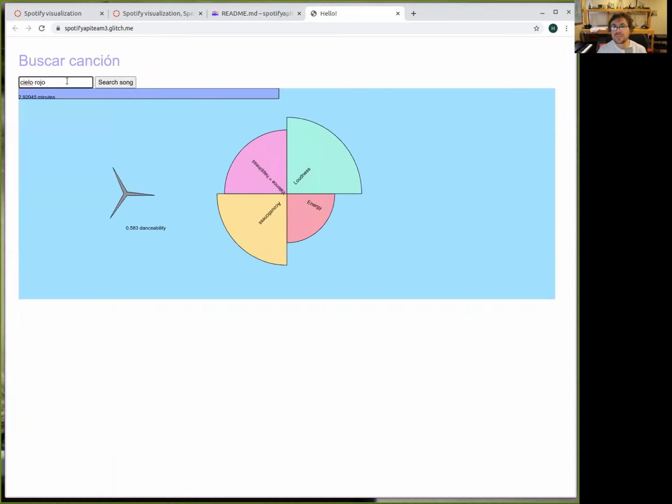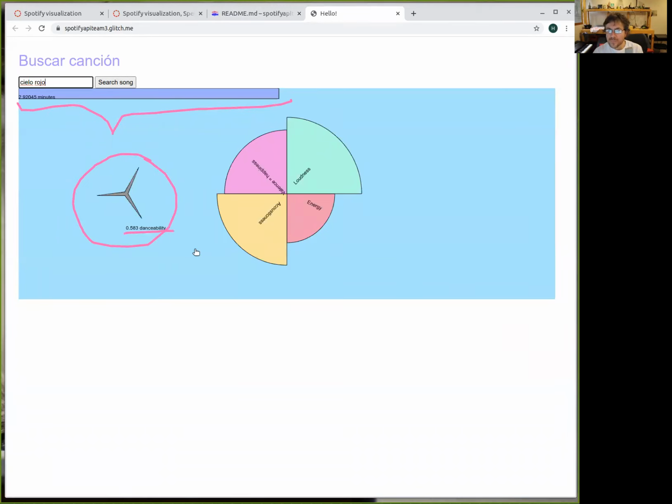Cielo Rojo. Yes. Okay. We have basically 4 elements. First, we have a bar, which means the duration of the song in minutes. Then that thing like a kind of star with just 3 tips is the danceability.